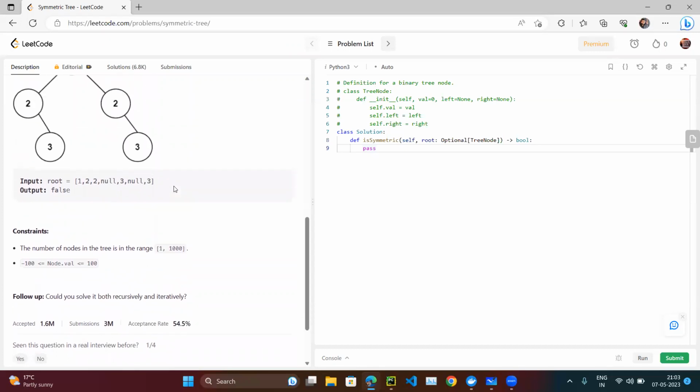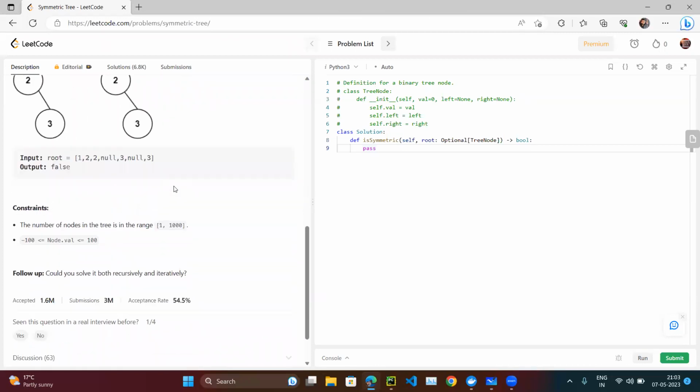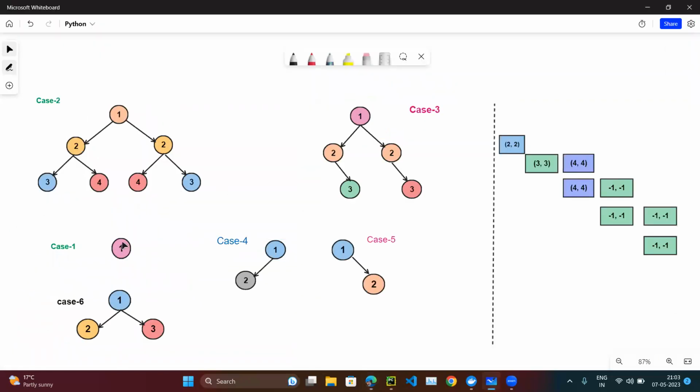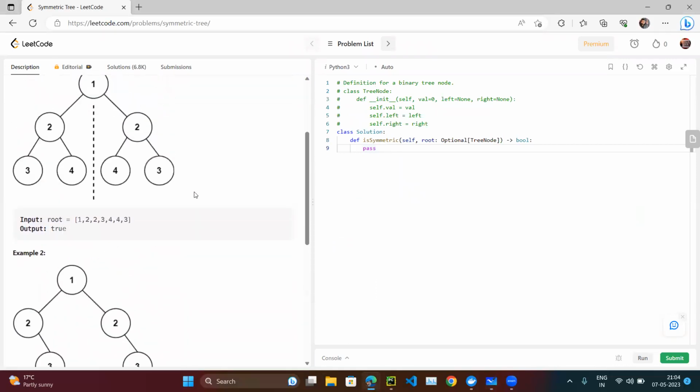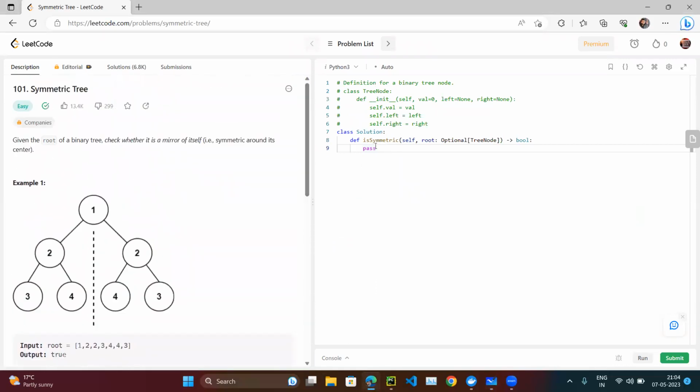So one node will definitely be given, so let's consider that case. Scenario one: when one node is given. For the symmetric tree, we will first implement the recursive solution. As part of the recursive solution,